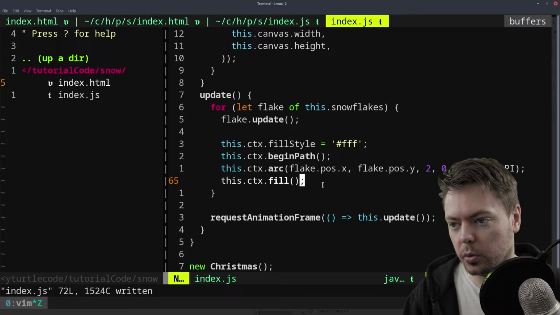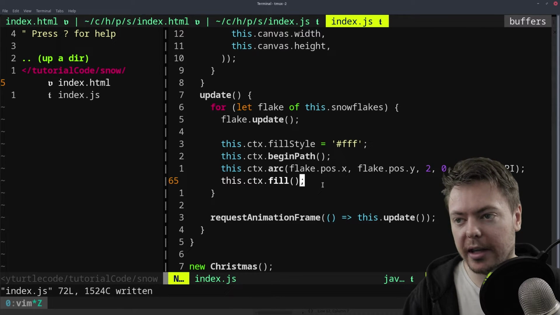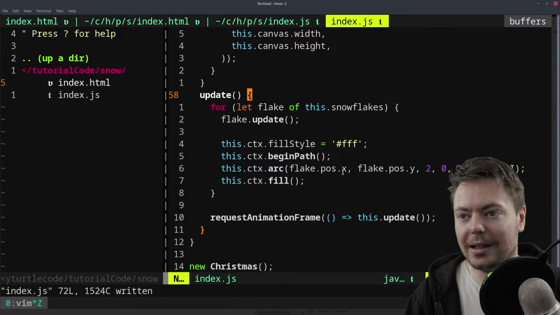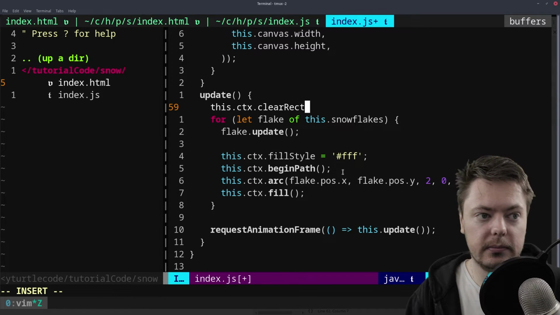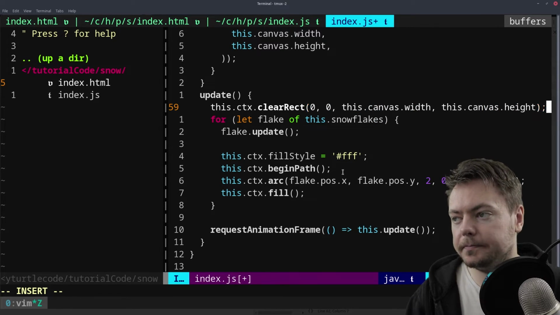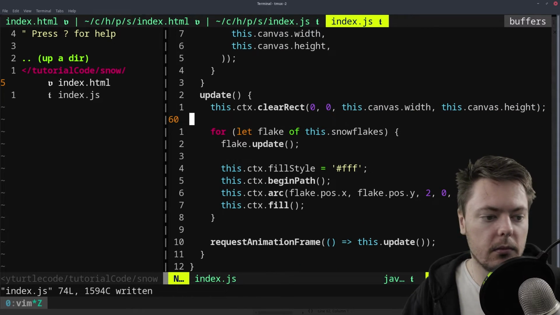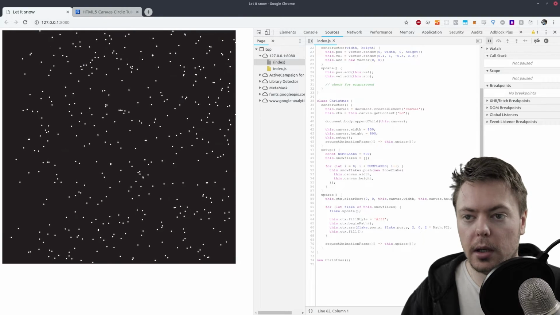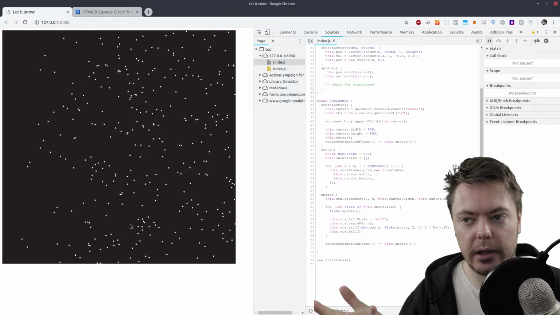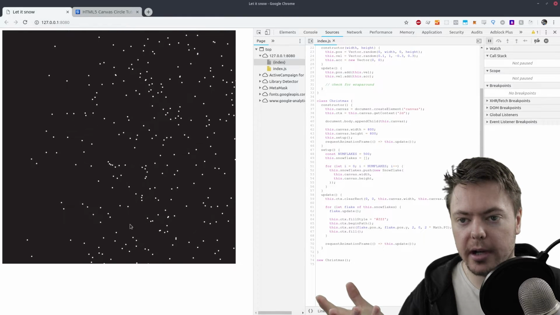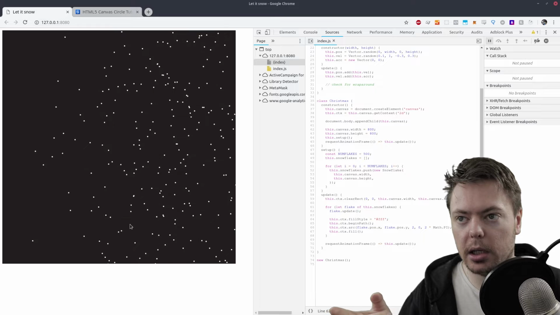We're gonna wanna clear the canvas every time. So this is clearRect. And there we go. So we've got some particles floating around,